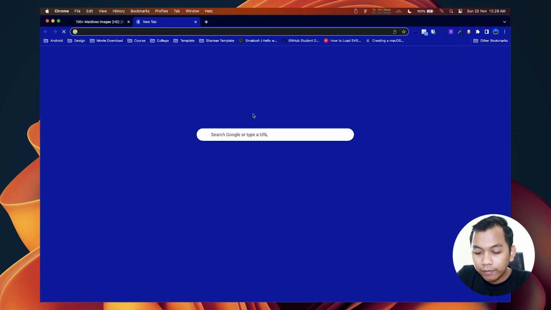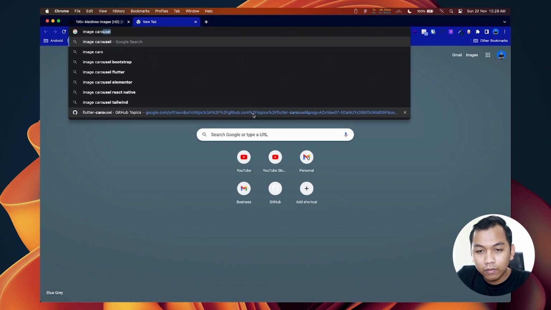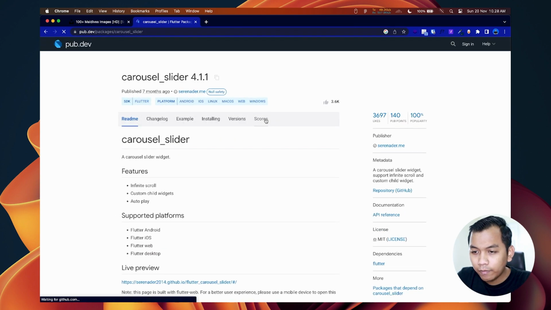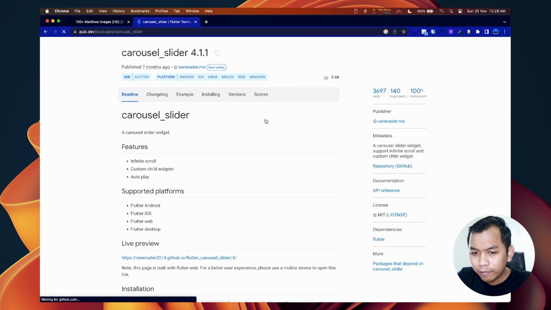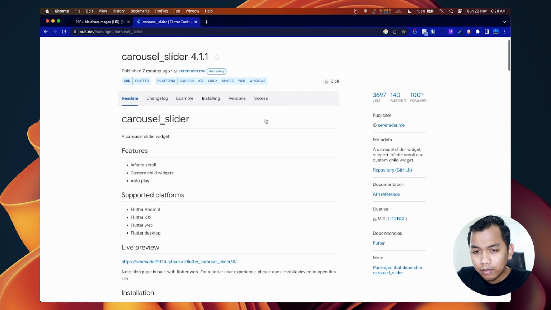So let's search for image carousel Flutter, and we will see this carousel slider, and I think this is a good dependency. So first thing first, let's install this.